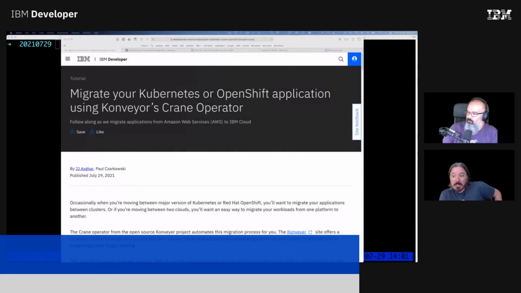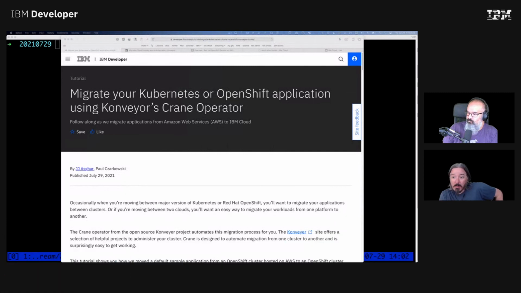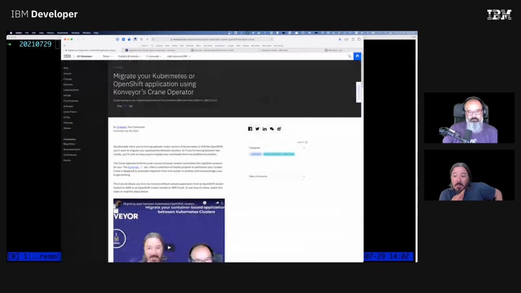So basically what we did was we used the Conveyor Crane operator to migrate an application from one Kubernetes cluster to another. And it's pretty cool. What we were showing is really useful if you're migrating from, say, OpenShift 3 to 4. But even migrating apps from one cluster to another is really interesting because often people will say, well, just point your